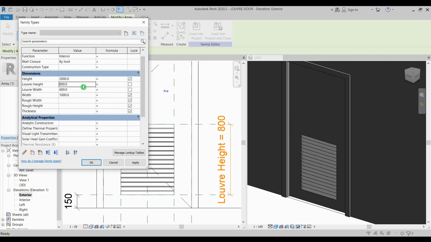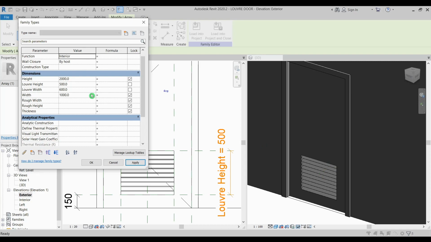Change it to 500. Apply. 600. Apply. Now to create our new types of door based on the louvers that we have here,